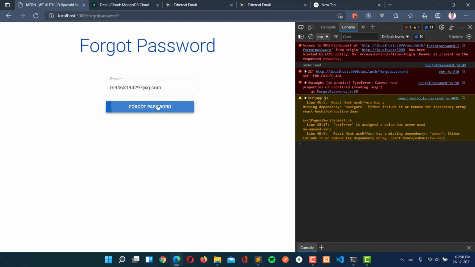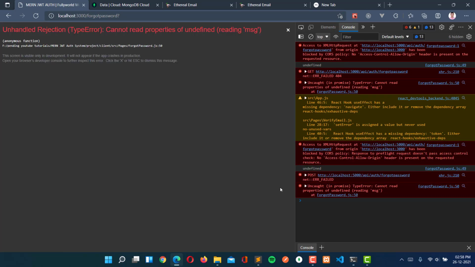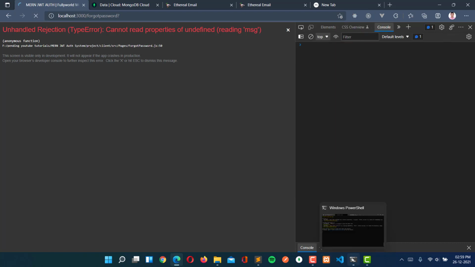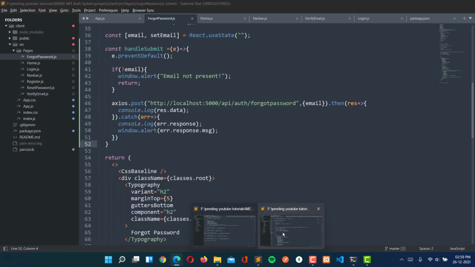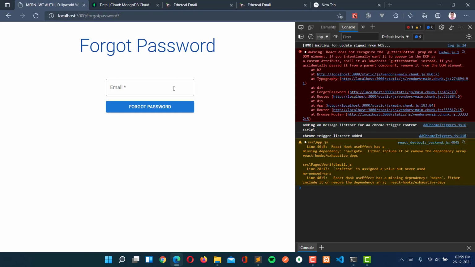Now we can click on forgot password, and see that we are getting the error again, the post request failed. So let me refresh it again. So http://localhost:5000/api/auth/forgot-password. This post request is good.